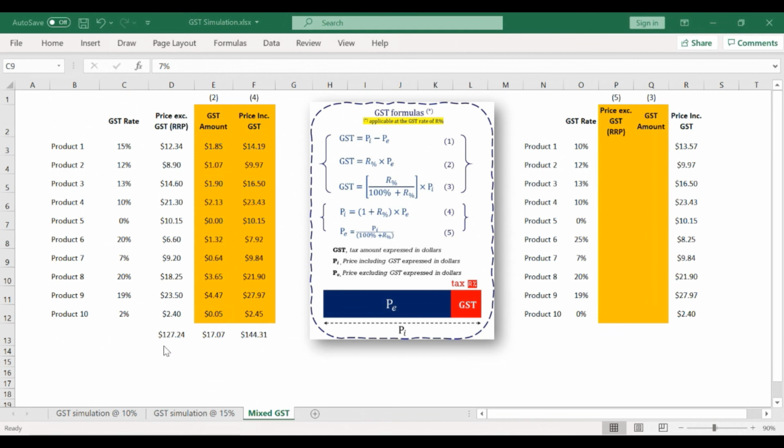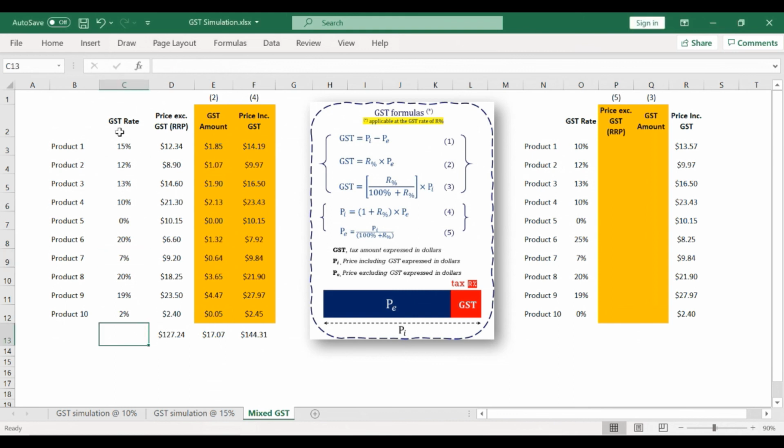Now, the last point I would like to mention before we move on to the next exercise is, having looked at each product which attracts a different tax rate, some as low as 0 and the highest being 20%, it would be interesting to find out the average GST rate applied on this list of products. So what is the average? Now, to do the average,